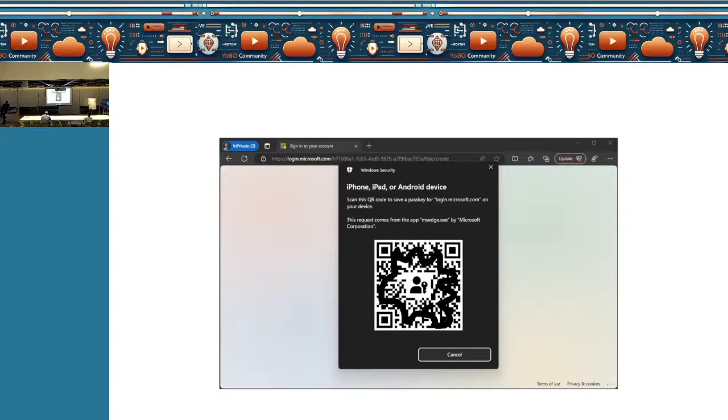So here's where it gets interesting. This is cross-device authentication. Let's say your passkey is on your phone, but you want to log in to a site on your laptop. On your laptop browser, it shows the QR code. You scan it with the phone. Bluetooth proves that the phone is close by to the laptop. After that, the rest of the communication happens over HTTPS. However, in this case, it's not the sign-in, it's the registration.